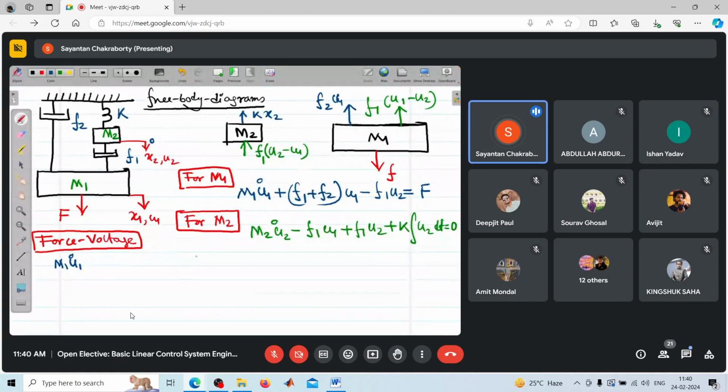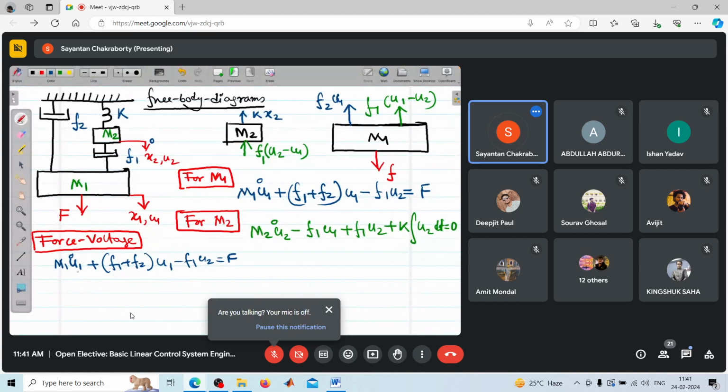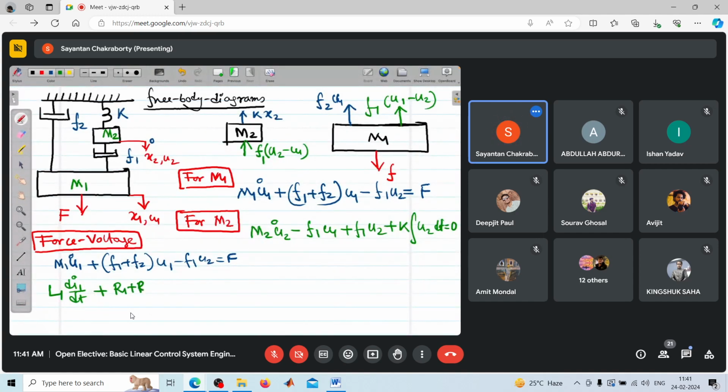Okay, so if I write down the equations again, now for the force voltage analogy, we know that we can represent M1 as L1 di1/dt plus R1 I1 minus R1 I2 is equal to V,